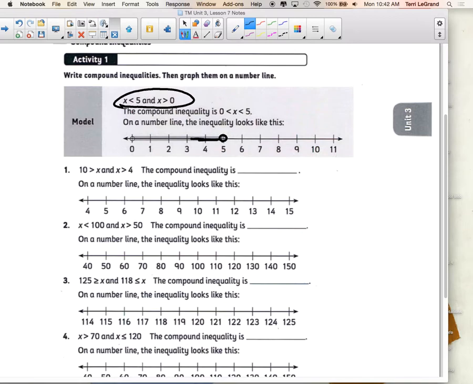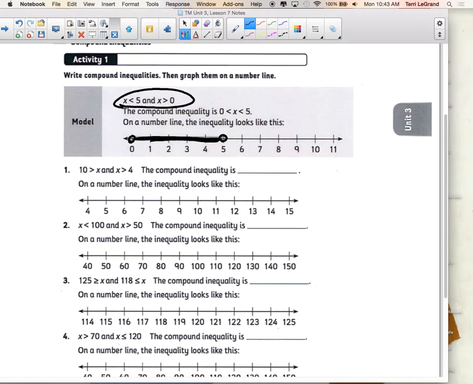So now let's just start shading going this way, but you don't need to go all the way yet. The numbers less than 5 are heading to the left. But not only that, we have to make sure that we include X is greater than 0. 0 is not included, so it's an open circle. The equal to bar is not there. And we want the numbers bigger than 0, so they're going this way. Once we run into those other guys, we're like, okay, that's it. These are the ones that they share in common. Less than 5, greater than 0. Any number between 0 and 5 qualifies as part of the shaded region, part of the solution set